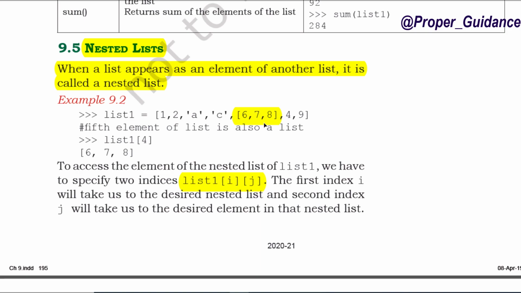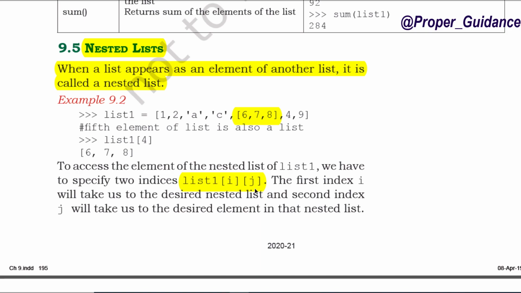i will take us to that position, because in the list there are 1, 2, 3, 4, 5 positions. When we have to access the 5th element of the given list, what do we write here as i? 0, 1, 2, 3 and 4, the 5th element. So when we have to access the 5th element, we write the index like 0 when we are counting from the left hand side. So i will be 4 here, 0, 1, 2, 3, 4, and j,